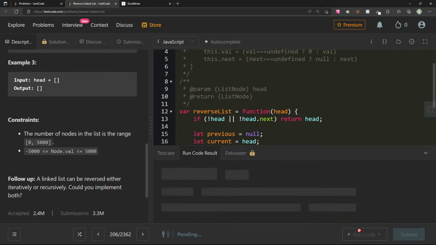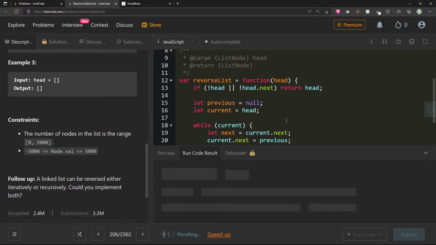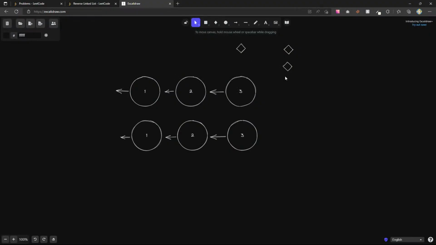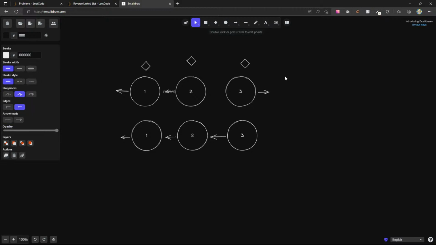So let's run this and see what we get. 5, 4, 3, 2, 1. So let's go over this again, right? If we undo all of these,